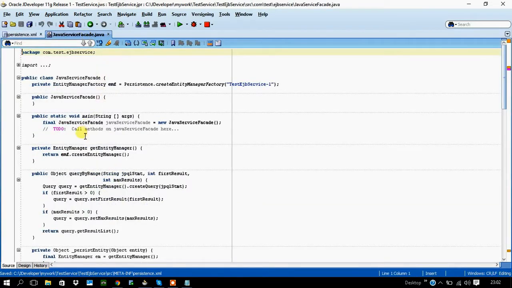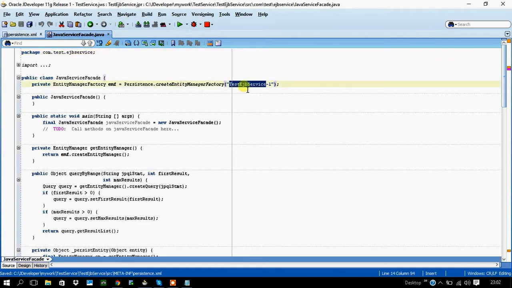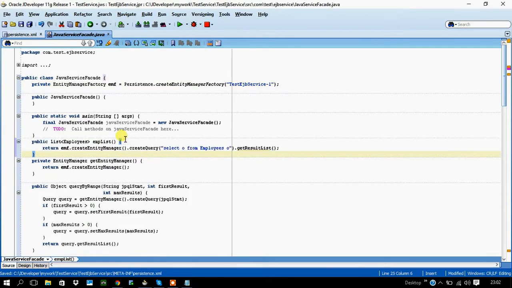So what I'm going to do is create a new method. This is my entity manager factory, which is going to use my new persistence unit. I'm going to create a new method here to retrieve the employee list. I just created a new method. It will return all employees. So emf.createEntityManager().createQuery. If you know the named query, you can directly provide the named query. Anyway, I'm just using createQuery and directly fetching the data from the entity: select object from Employee object, and then get the result list.